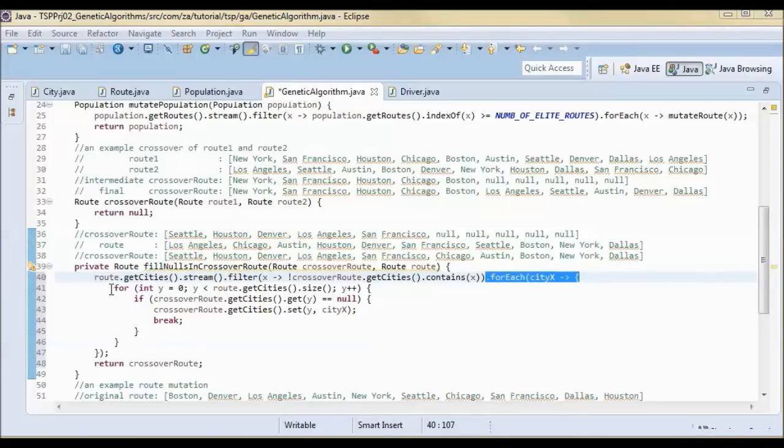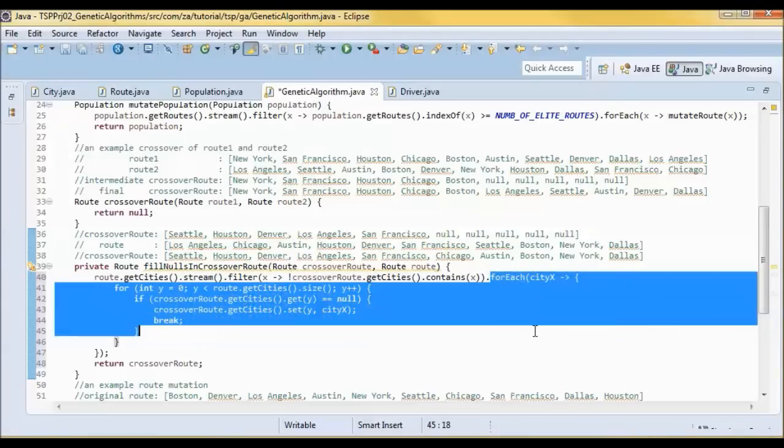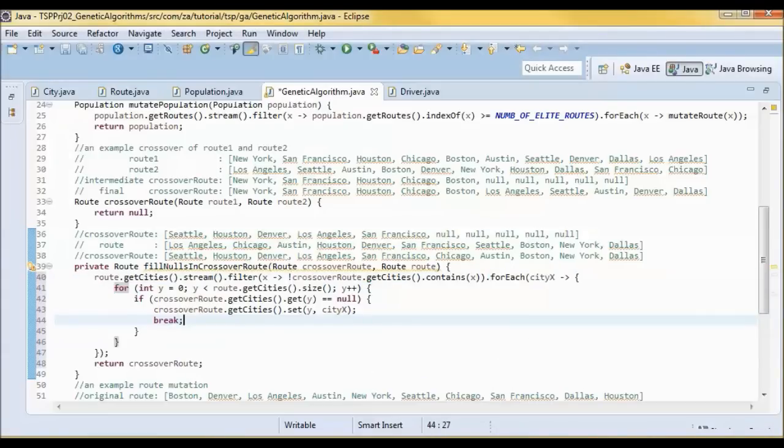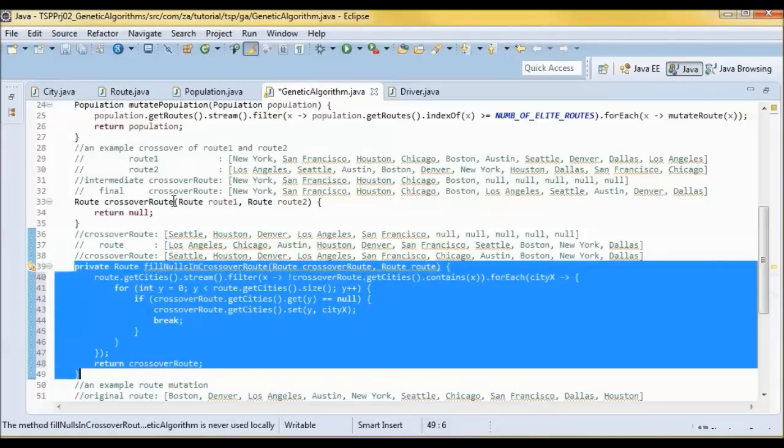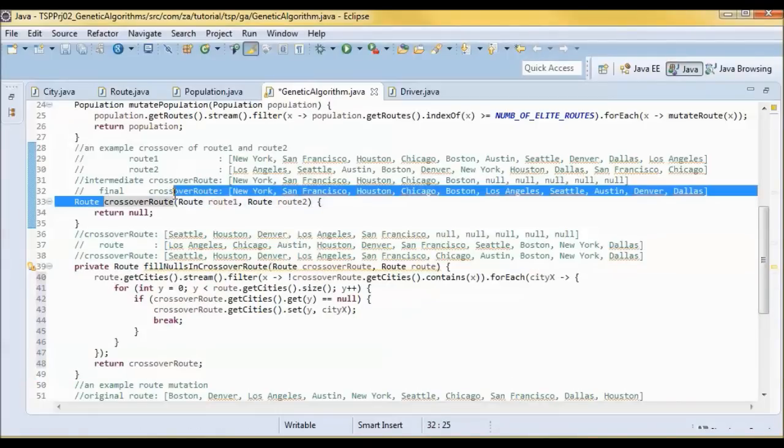And I have a for loop where I set the city and then break out, and then do the same thing again. So we are running forEach here. So we will be calling this method from the crossover route method.